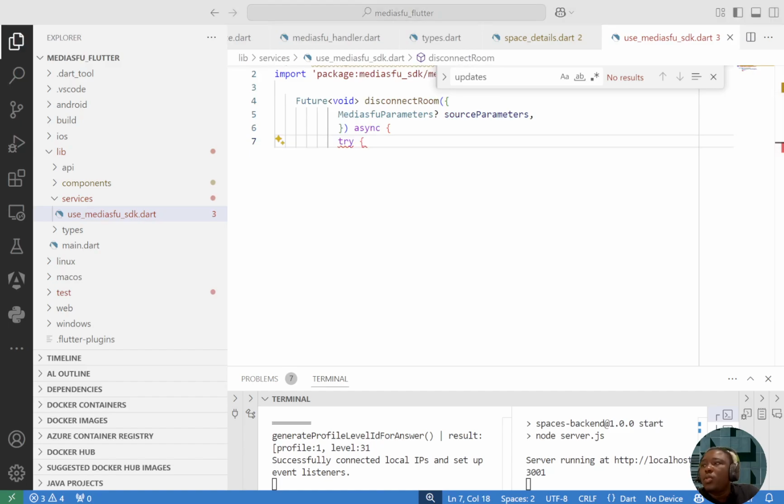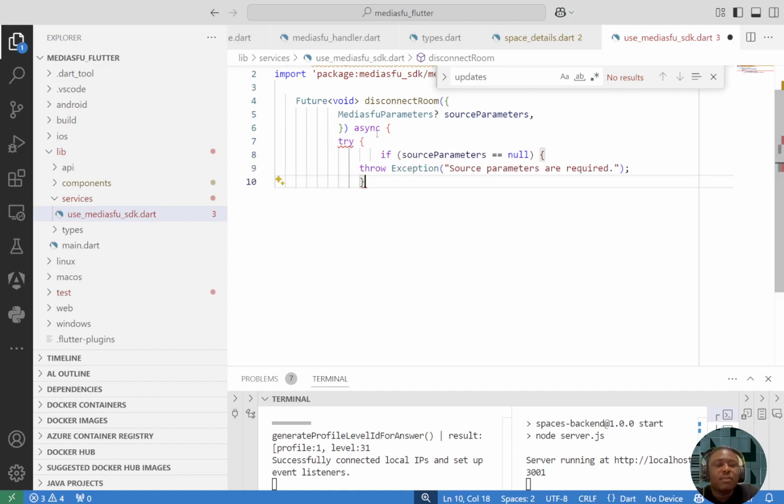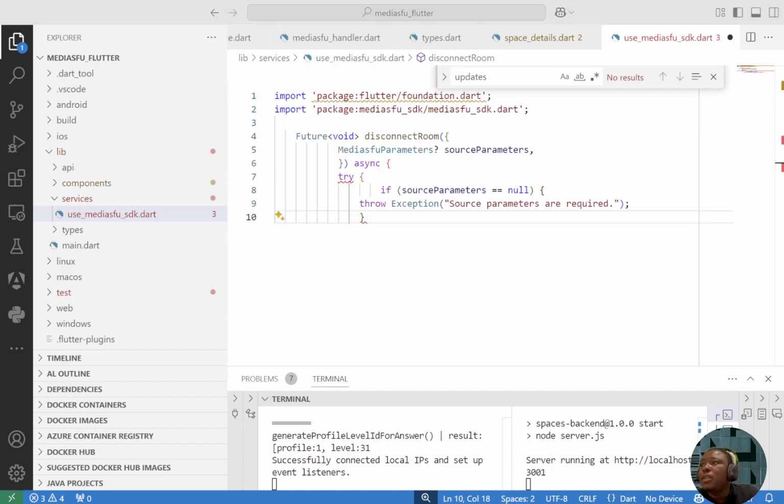And by default, we're gonna make sure we are not having a blank MediaSFU parameters, and then we're also gonna check whether there is a blank room name. If we have a blank name, obviously we are not connected to the room. So far as our room name is not blank,